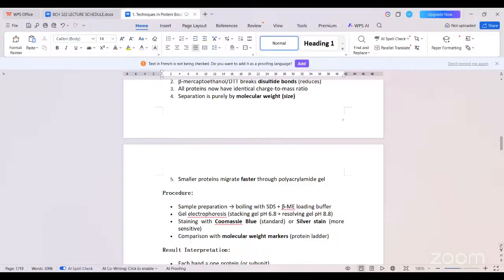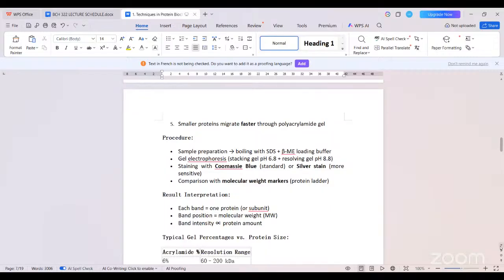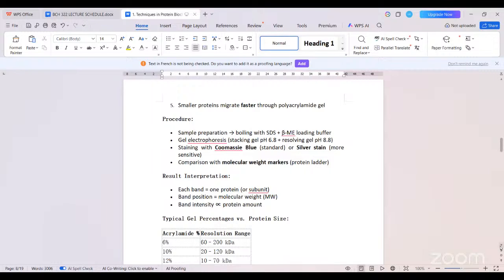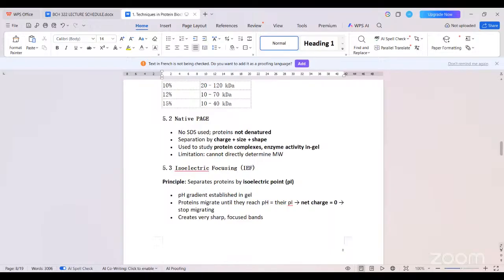That will help us to know what protein is present within, or if we got the right protein. Okay. So each band is a protein or a protein subunit. Band positions depict molecular weight, and band intensity is equivalent to the amount of protein. So much for the SDS-PAGE. The next